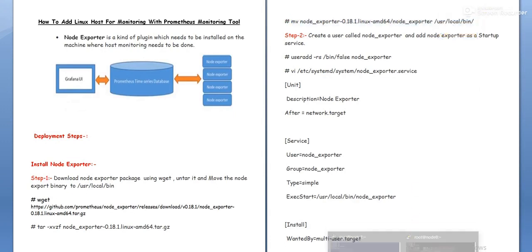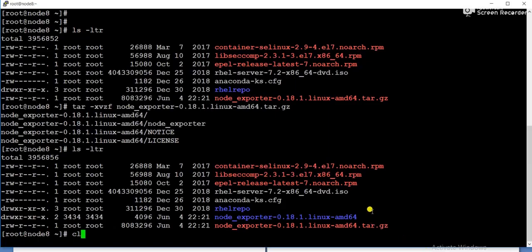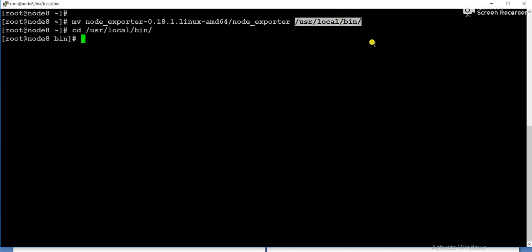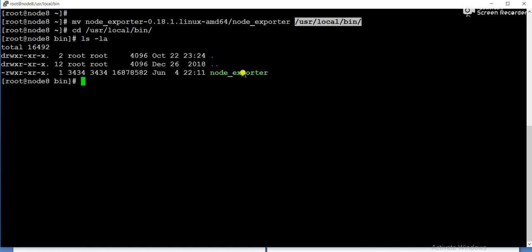Just copy this command. Under this package, the Node Exporter directory will be there, so we are copying this Node Exporter directory to /usr/local/bin. Now it's moved. If you go to this location, you will get Node Exporter.